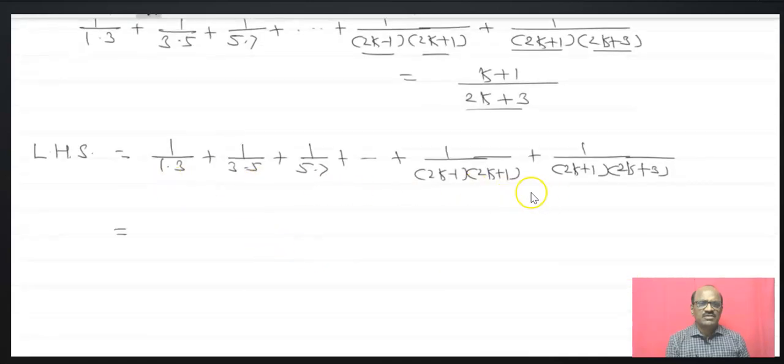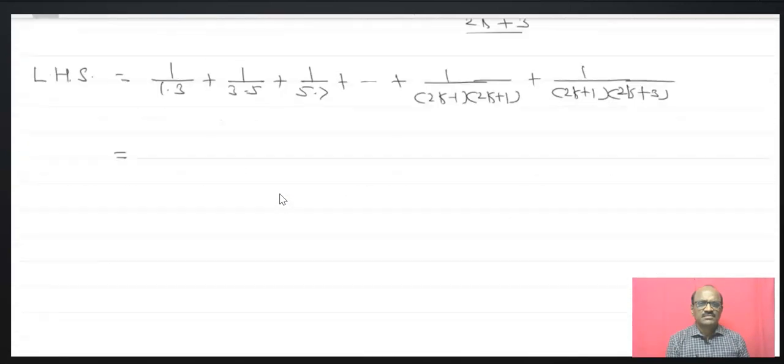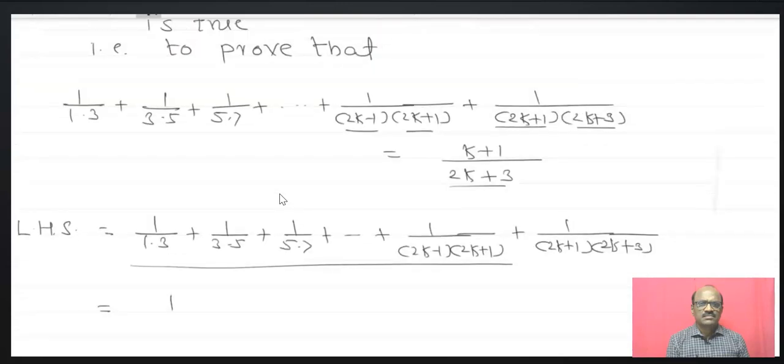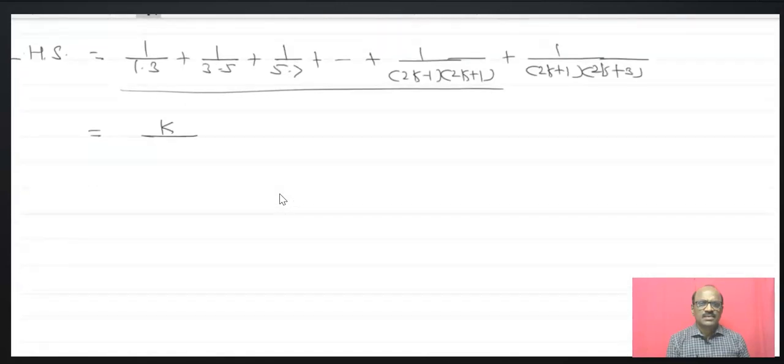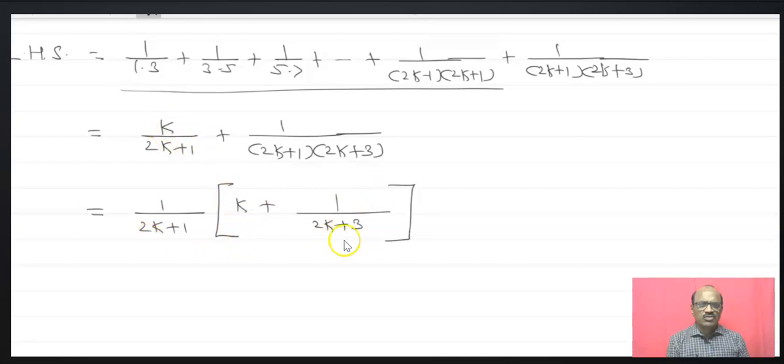Now the sum of these, from the one you will get, that is k upon 2k plus 1 plus 1 upon 2k plus 1, 2k plus 3. Now simplify here. Now we will simplify, that is 1 upon 2k plus 1, take the common, then here you will get k plus 1 upon 2k plus 3,